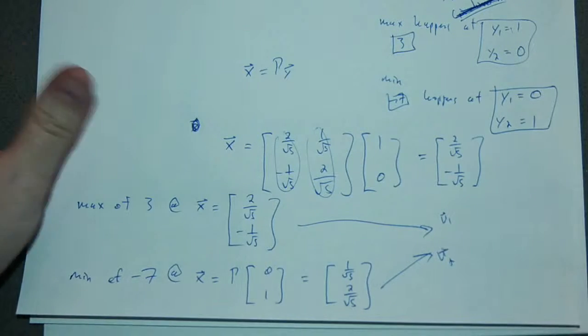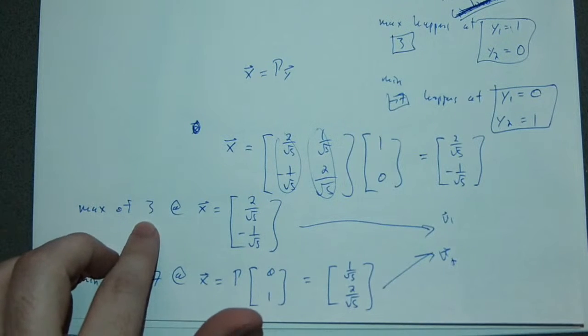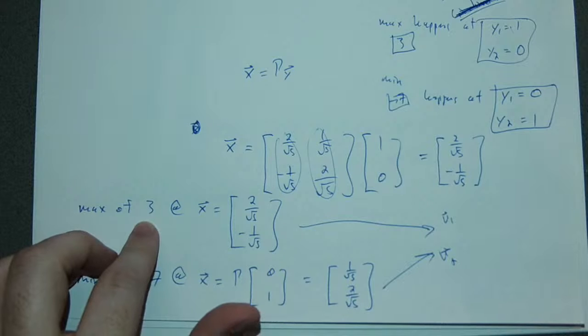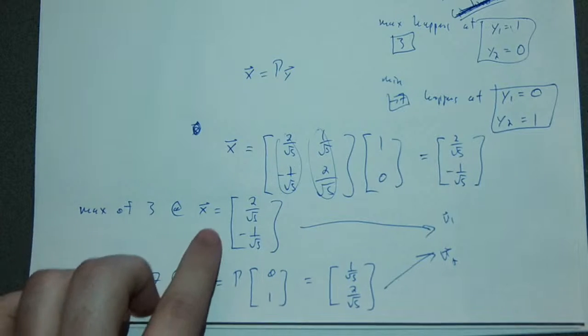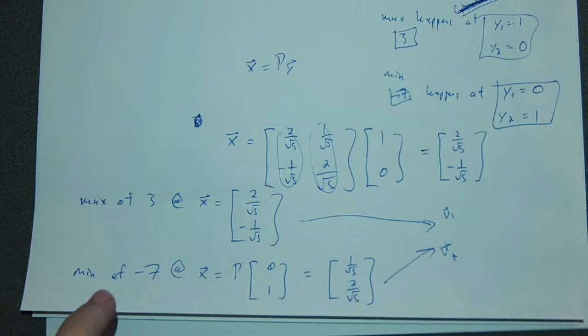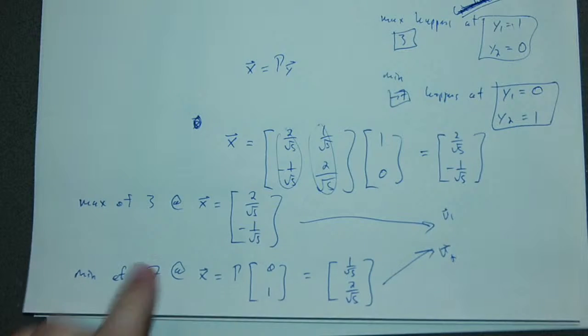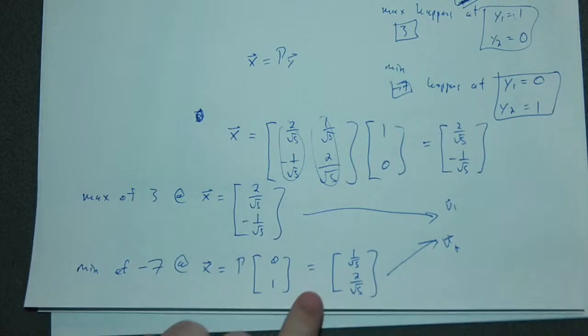But this is exactly the theorem that we had, which stated that the max was the largest eigenvalue, which is 3, and where that occurred was at the eigenvector associated with it. And the min was the smallest eigenvalue, and where that occurred was the eigenvector, right, associated